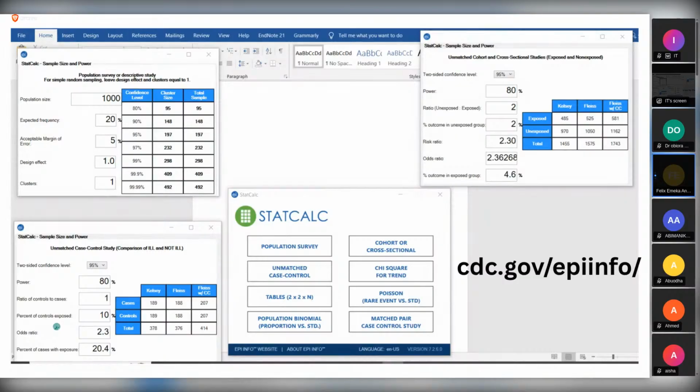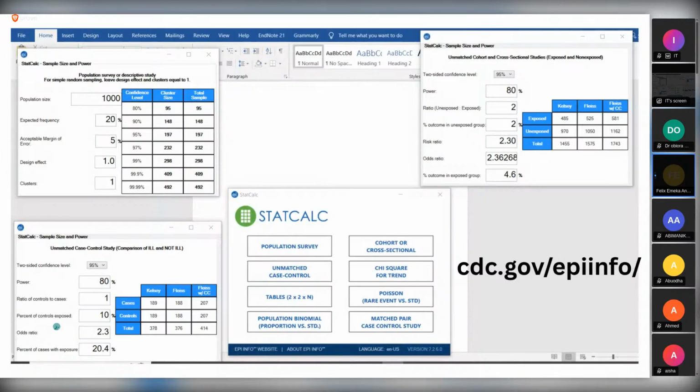So if you check at this side now, it will give you the sample size depending on the confidence level interval. The confidence level interval that is required is 95% and above, not below. 80% is usually not recommended. 90% is usually not recommended. So it's 95% confident that whatever minimum sample size you have has adequate power to detect the difference if the difference is there. That's what this 95% confidence interval means. So 90% is usually not acceptable. 95% should be the minimum.